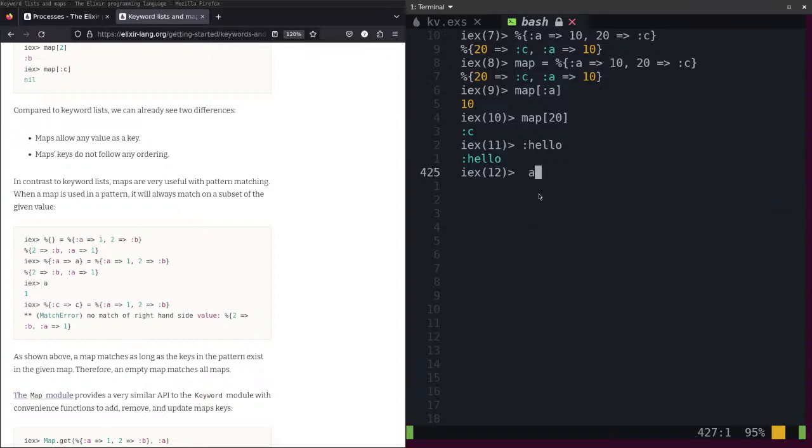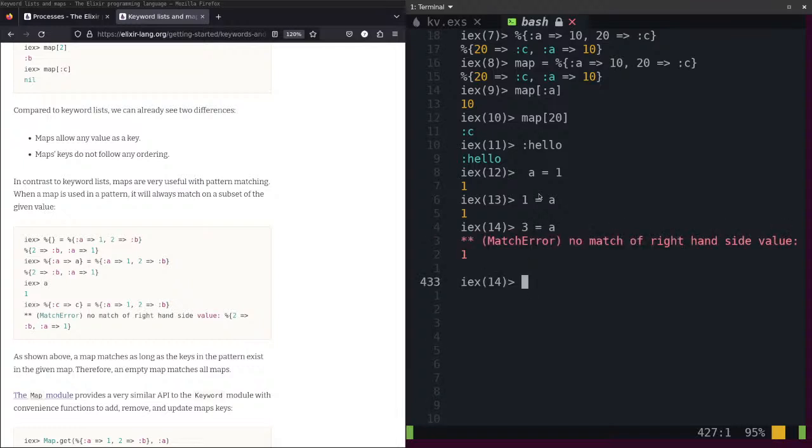And a equal 1. Okay, if I test 1 equal a, it returns 1. Okay, 3. No match on the right hand side values.